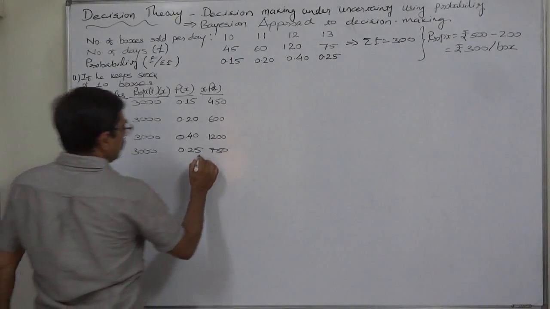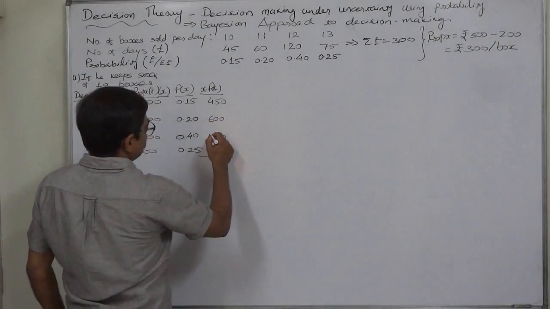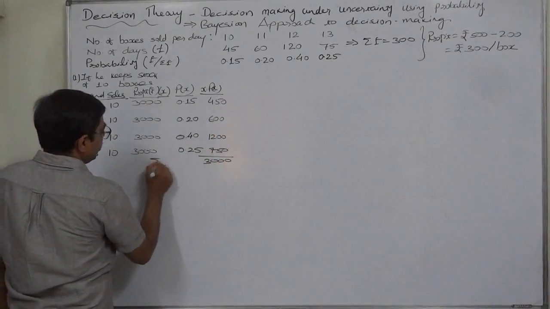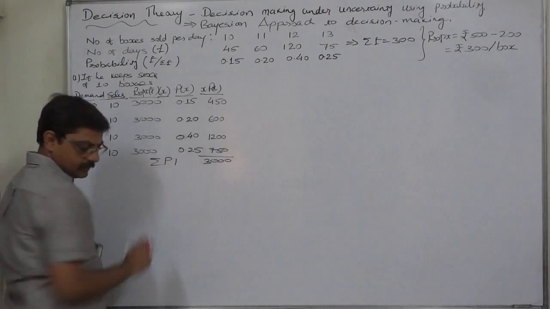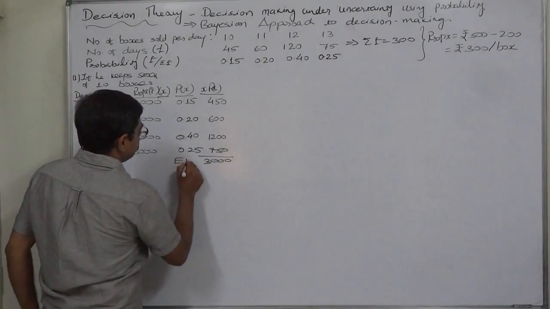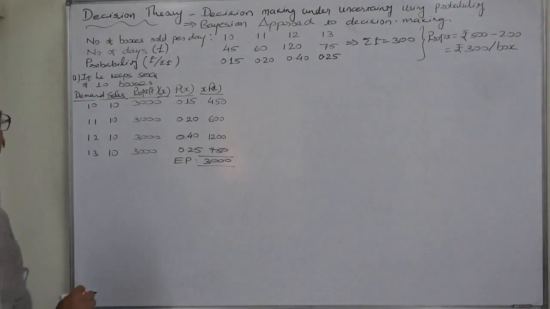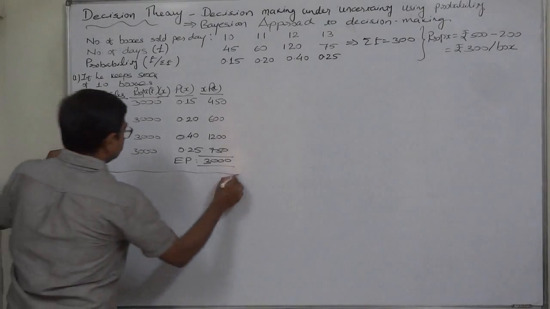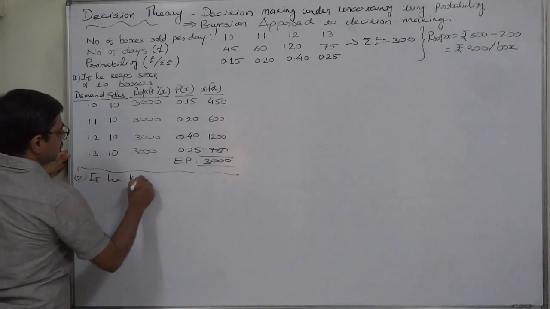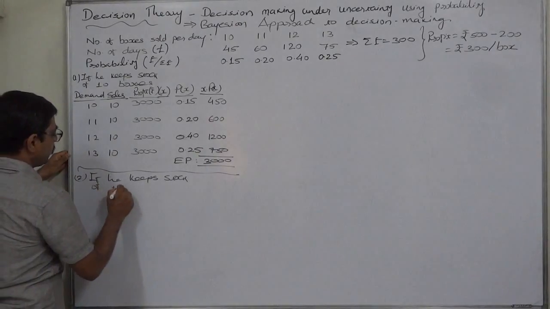Yes, okay. What will be his profit? His profit will be 3000. This is his expected profit. Now what if he keeps stock of 11 boxes? If he keeps stock of 11 boxes,